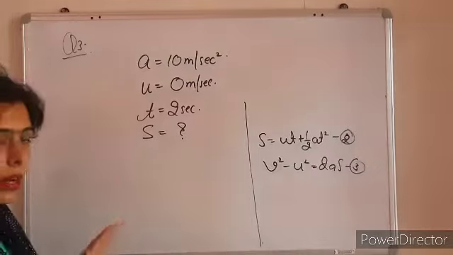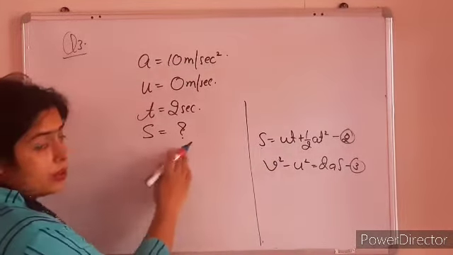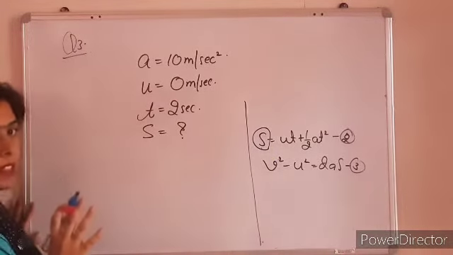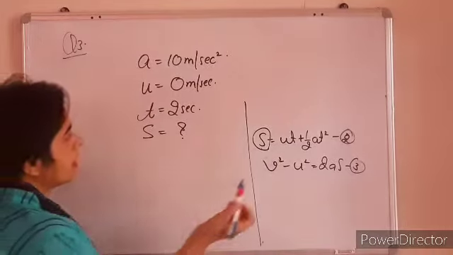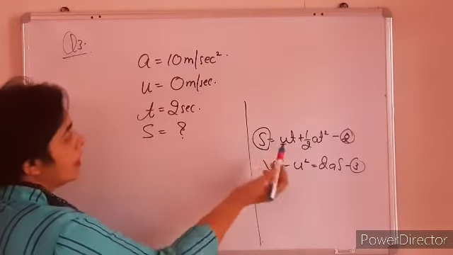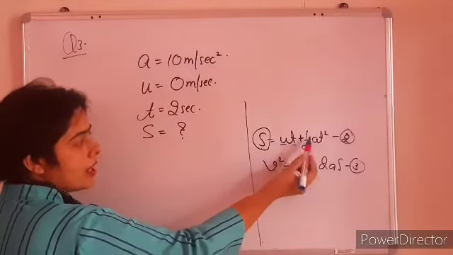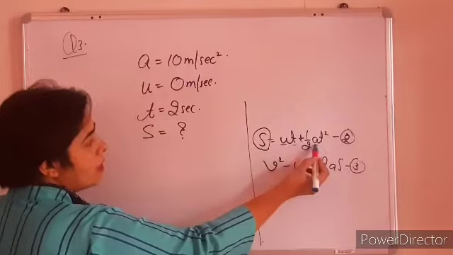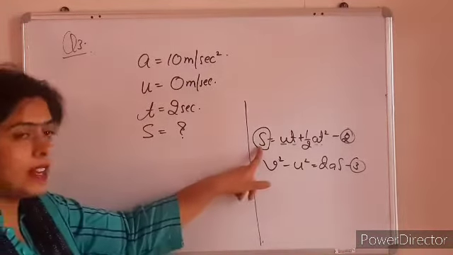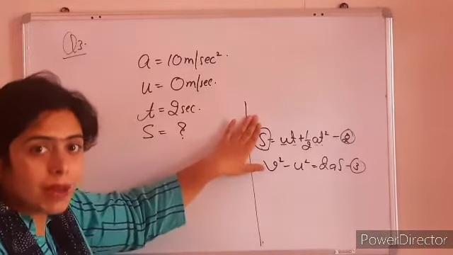Fine. So let's do it. You have S, this is unknown. So just circle it so that you have in mind that this is unknown. Then U, you know the value of U. T, you know the value of T. Half is already a constant. A, you know its value. T, you know its value. So there is only one unknown. Rest all values you know. So you can very well apply this formula.